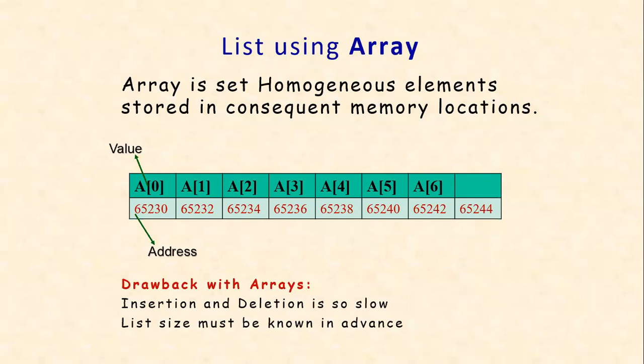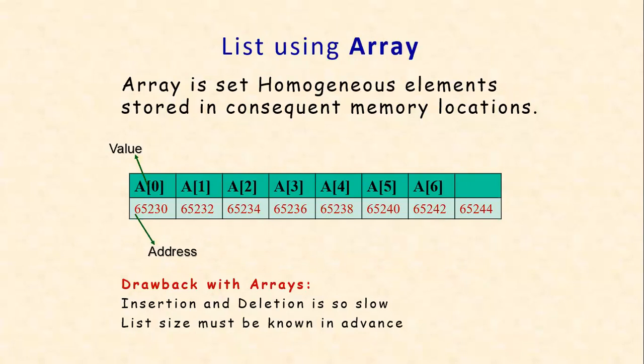Okay. So what is an array? I think you are all already aware of array, but I am defining it in this way. Array is a set of homogeneous elements stored in consequent memory locations. You have to note down these two terms perfectly. Homogeneous elements means all the elements must be of the same type. Consequent memory locations means all the values have to be stored in